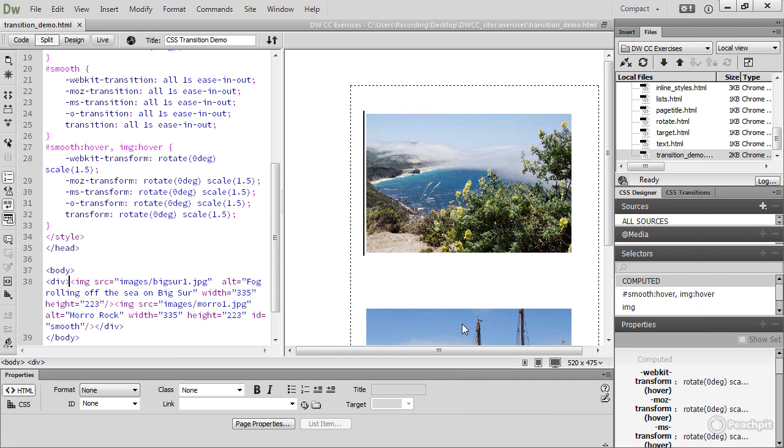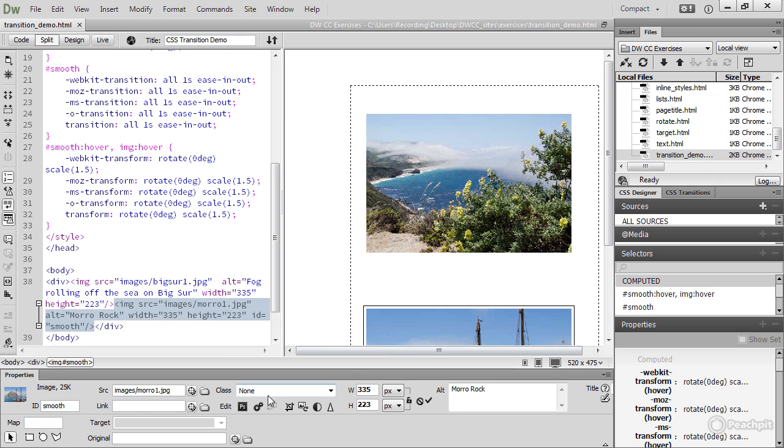I'll just select the second image, and you can see in the Property Inspector that it has the ID Smooth, and the style rules are embedded in the head of the page. So here is a style rule for smooth with the hover pseudo class, and the same properties apply to any image on hover. And it's the transform property, rotate back to 0 degrees, and scale up to 1.5 of the